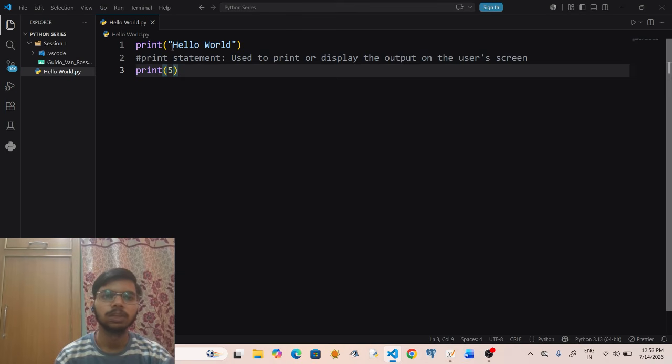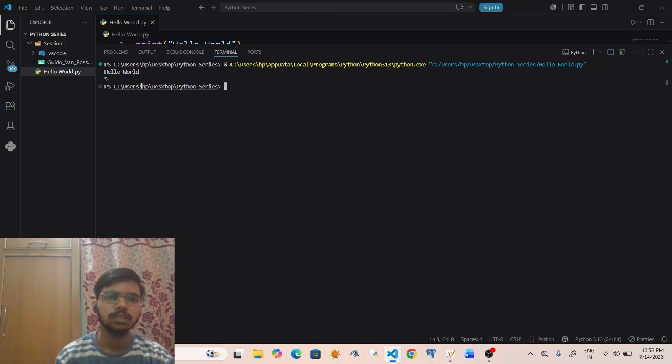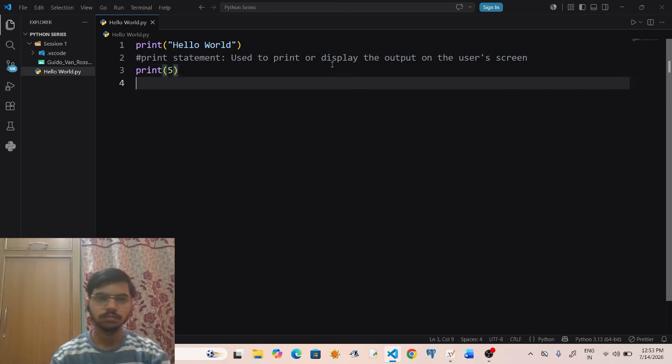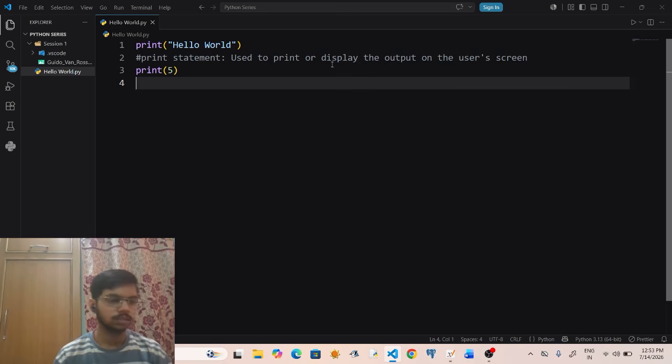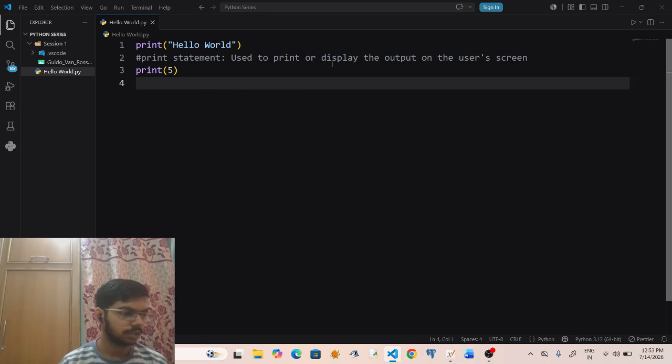Since I wanted to print a message, hello world, I used these inverted commas. Let us run this program. See, 5 got printed. So this was our first program in Python.